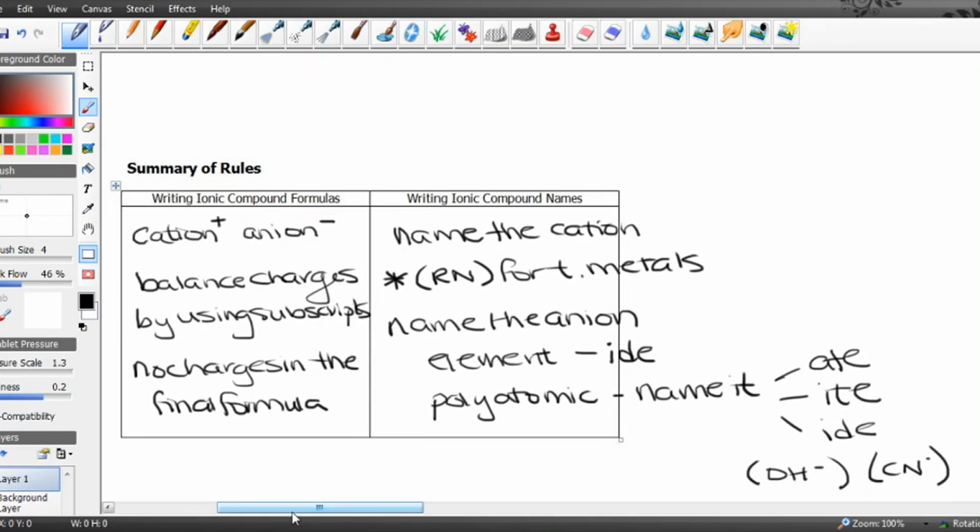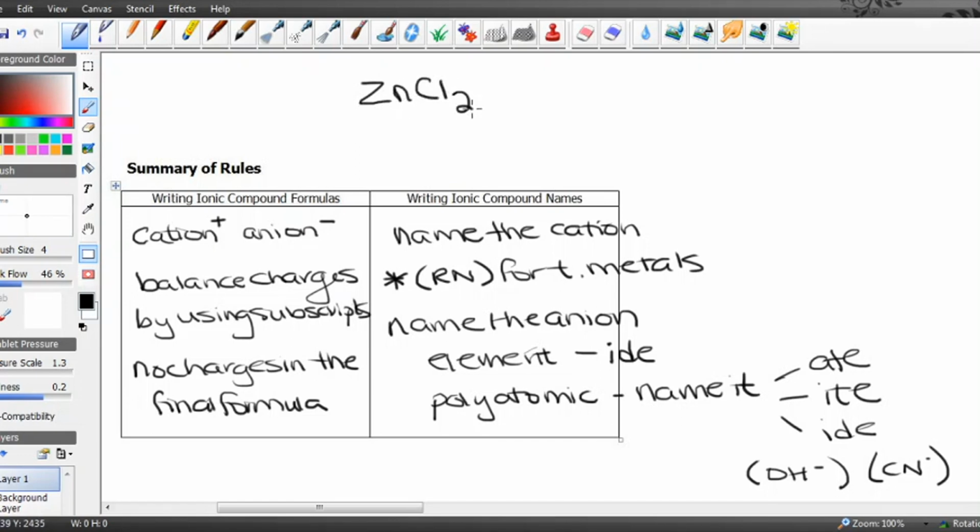There we go. Okay. So I know that was a lot. Please, come to Extra Help. We'll do lots of problems together where we practice writing names and formulas. And I said I was going to do one last example, so here we go. Let's say I gave you the formula